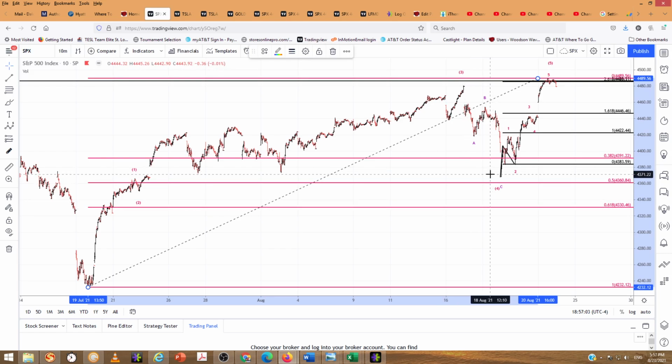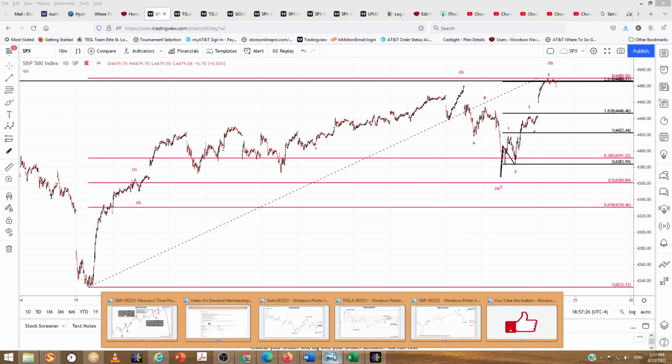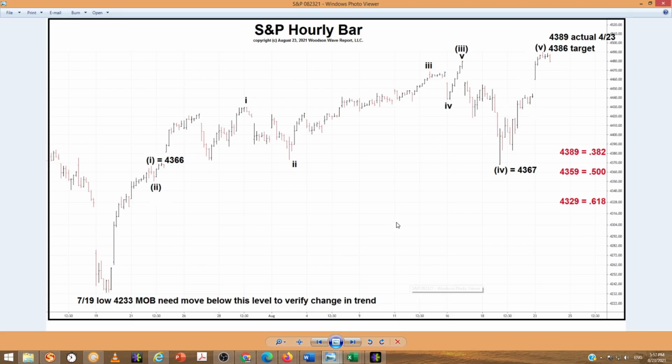And you can see again that 4 held above that 1. So we have 5 waves up. As far as a pattern is concerned, we have a 5-wave completed pattern from the July 19th. Wave structure, 5 is higher than 3. Everything's in place. Time, ideally, it goes to August 30th, but we'll see which one wins out, okay? I think I have a recap on that. Here we go. Yeah, you can see